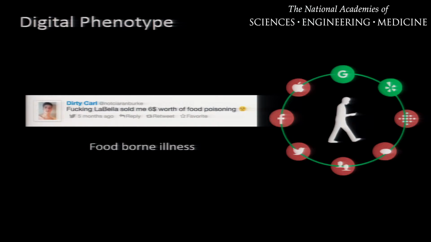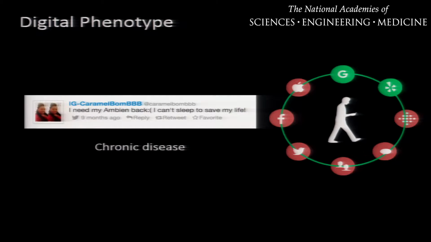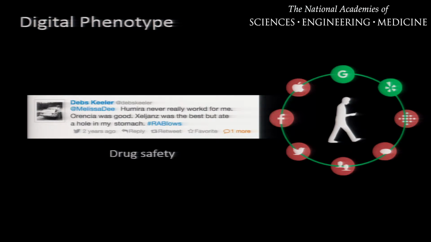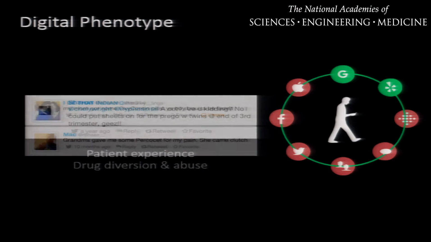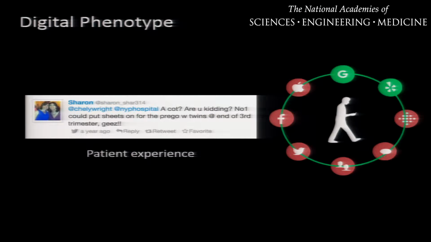So of course, many different examples have emerged: infectious disease, as you can imagine, many examples we've worked with, chronic disease, drug safety, which I'll talk about today, even new types of behaviors that might not actually reveal themselves in clinical data streams, drug abuse and diversion, which I will mention, and even patient experience, new indications of quality of care that are emerging from these sources.